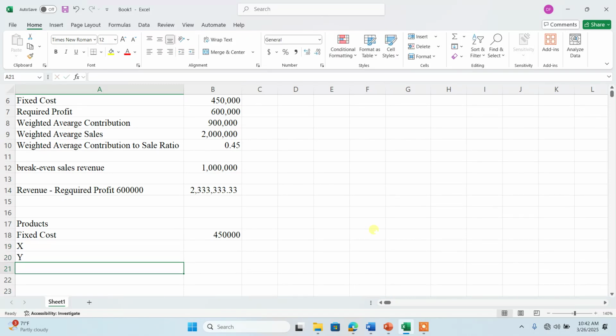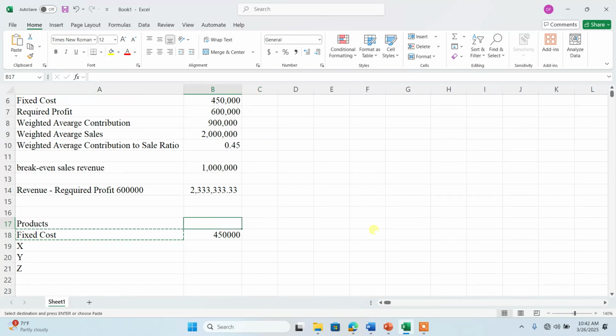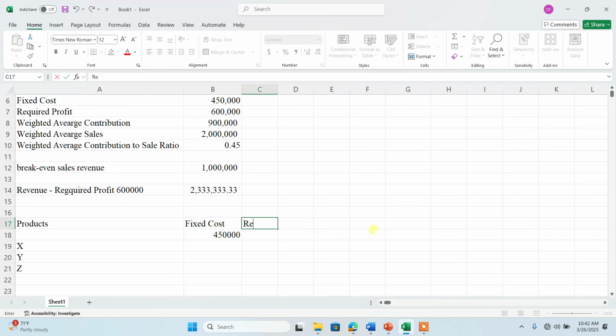Y and Z. At this stage, my revenue is 0. So my profit at this stage is, I'm in loss. So revenue minus